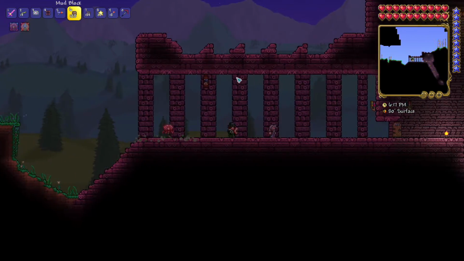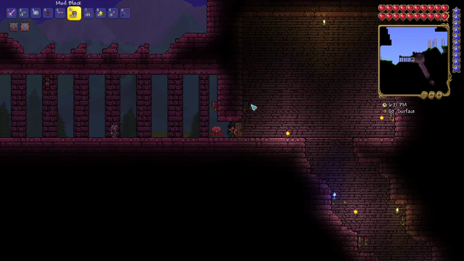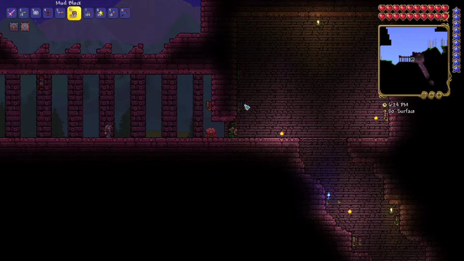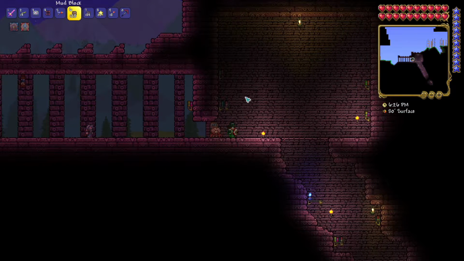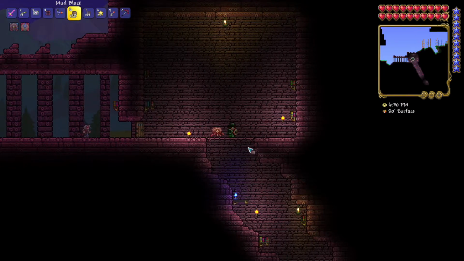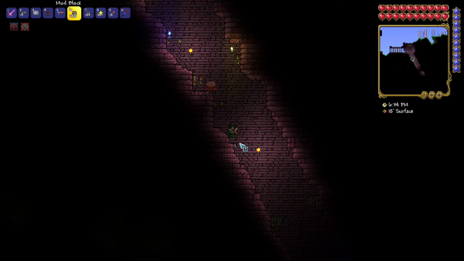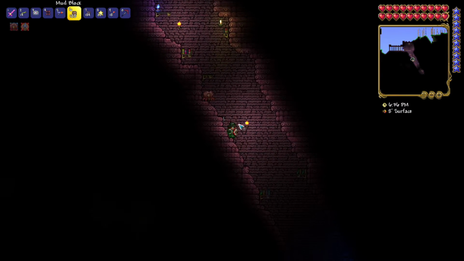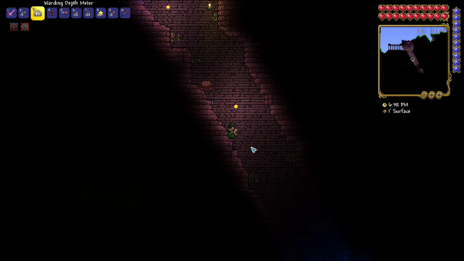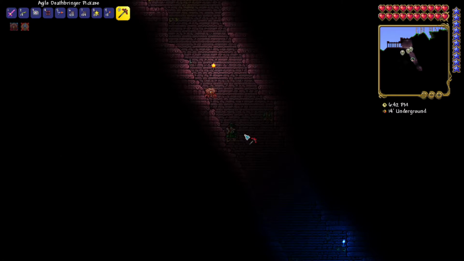Alright, so we're at the dungeon. Now, which book was it that's a water bolt? I can't quite remember. Now, this one is what the water bolt looks like in actual sprite form. But that's not the one you look for, I don't think. But while we're looking for this, I want to say there isn't going to be much in terms of boss progression for the